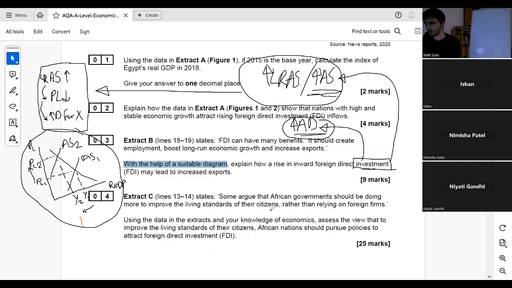We won't be covering the essay here because that's best done if you've been through all the pros and cons of FDI. But I'm sure if you think about it, just based on what we've done using ADAS diagrams, you could probably get a couple of points in for the essay as well. All right, any final questions, stick them in the chat. I'll give it about 30 seconds, and then we'll press on.